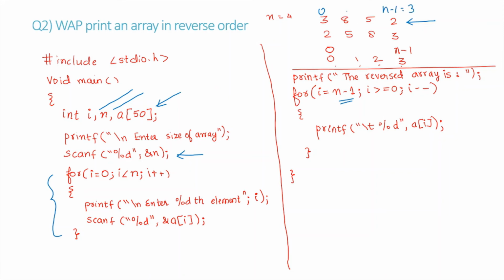This is 1 and so we need to start from n minus 1, which will be the last element, and we have to decrement the values till it reaches 0. So we can print each of the values one by one. Remember that the question says only to print the array in reverse order but not to store it. So we are just printing it onto the screen. We are not actually reversing the array over here.